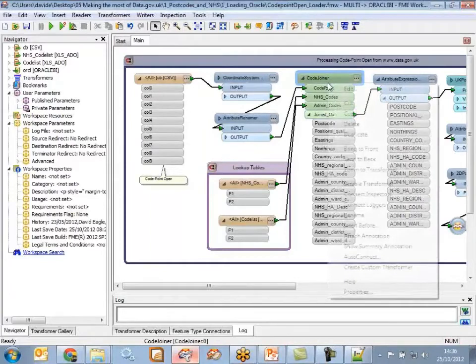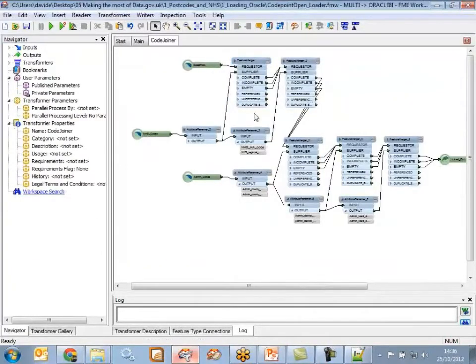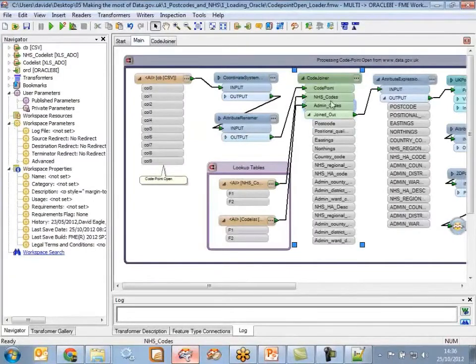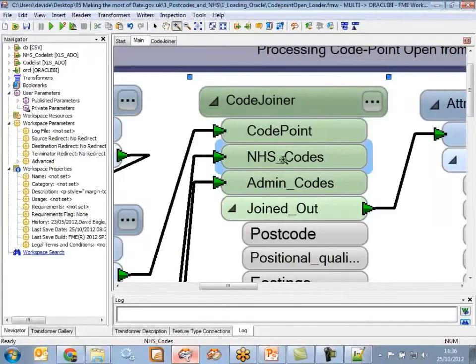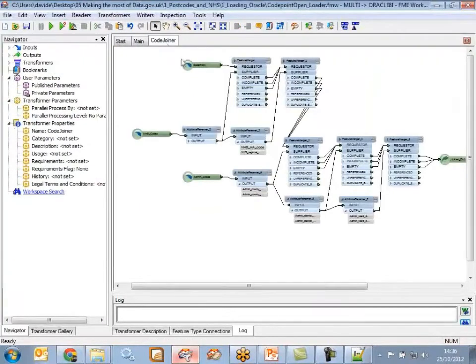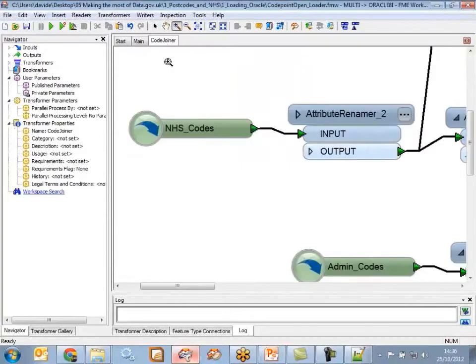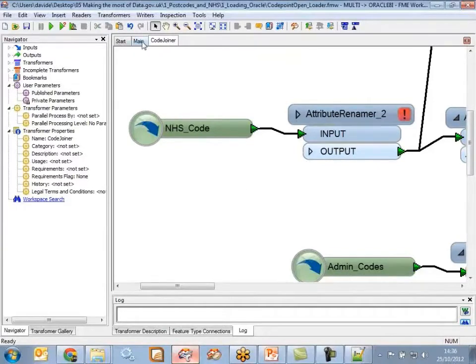Or we can select it and choose to edit it, and now we can dive in and change any of the content here. So for example, if I wanted that NHS codes port name to be singular, so I wanted to change that to NHS code, I can dive over and take a look at the input here and just go in, double click and change that to NHS code